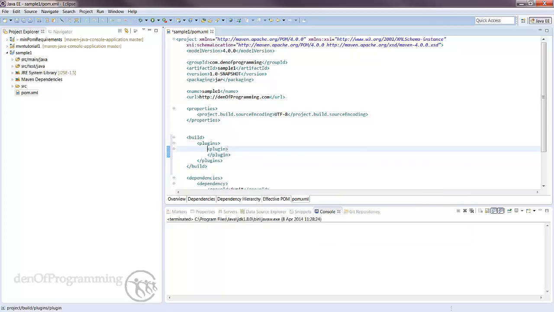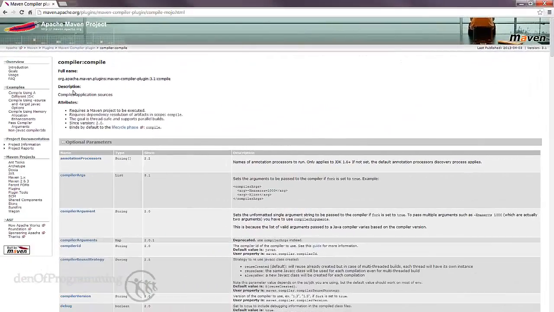Select that. Now a plugin is basically, as I explained earlier, kind of like a jar file which has a group ID, an artifact ID and a version number. So we need to identify the plugin we want to use by those attributes. So how do we find those attributes for the compiler plugin? We need to head over to the Maven reference documentation. And under the name of